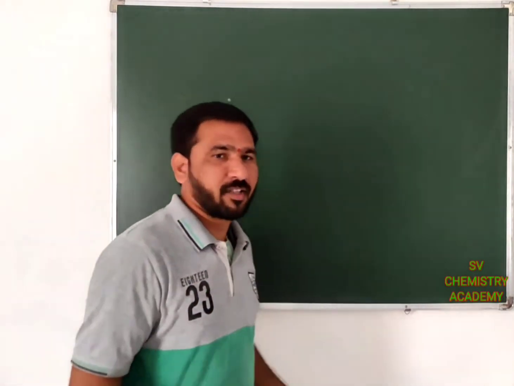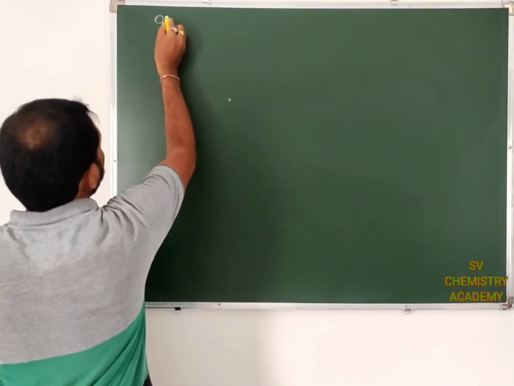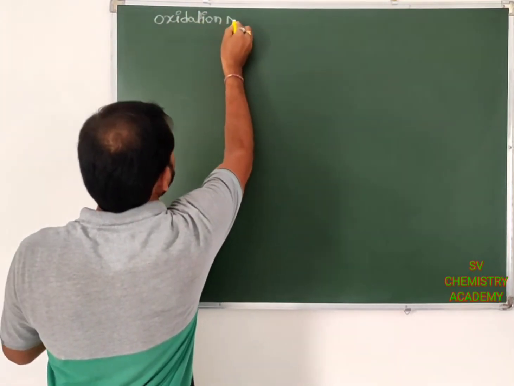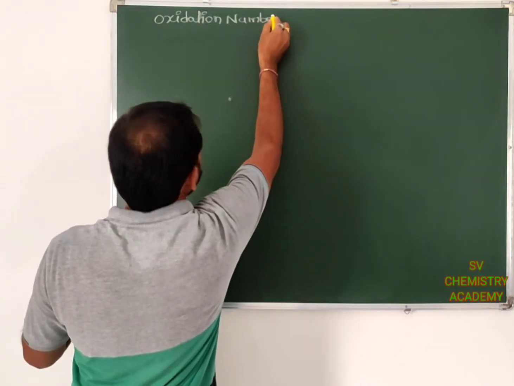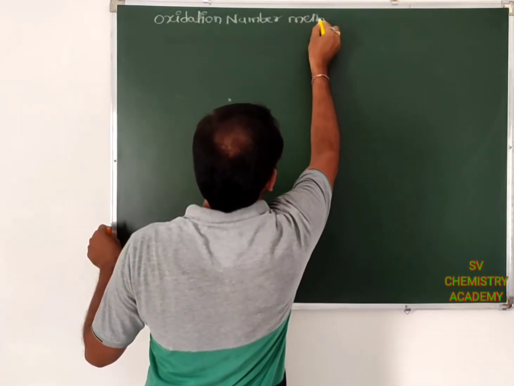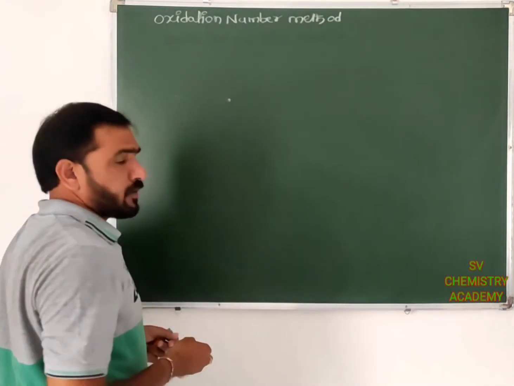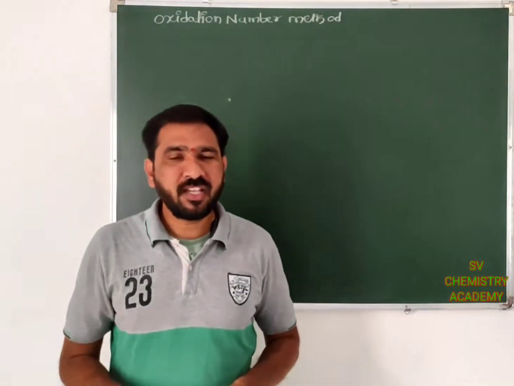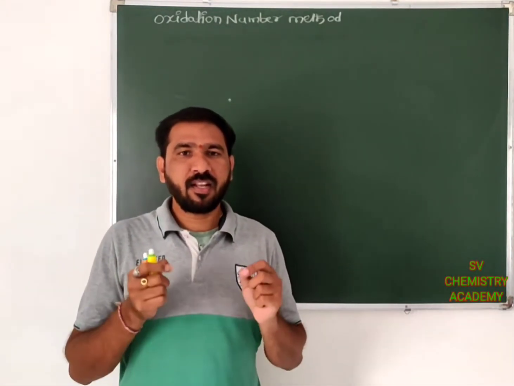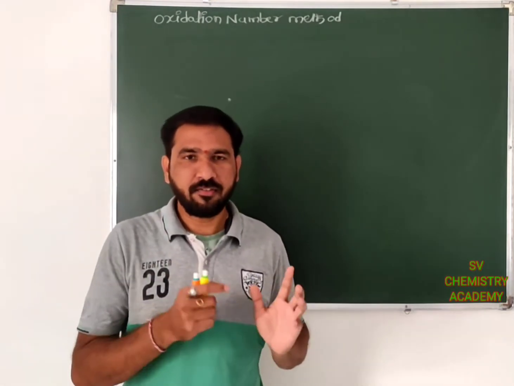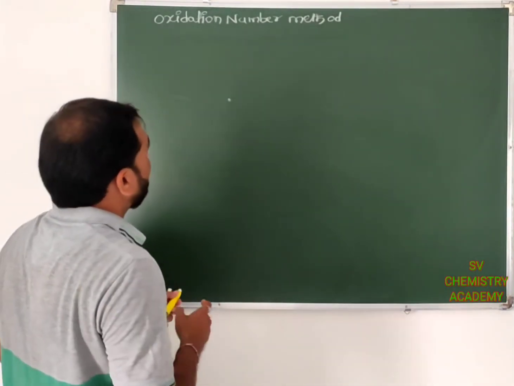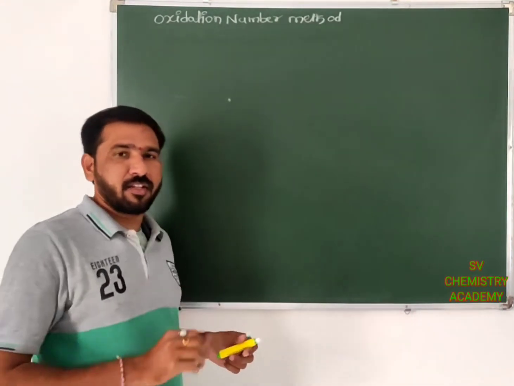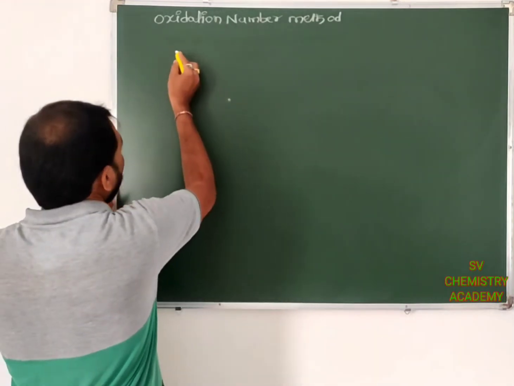Then coming to the first method, oxidation number method. Here in this oxidation number method, by using 5 steps, we will get the balanced equation. Let me show the 5 steps. First of all, we have to know the unbalanced equation that is given in the question. Then the unbalanced equation is